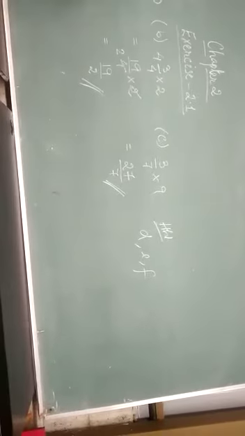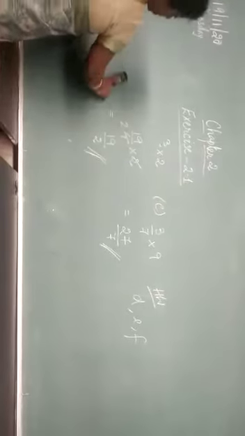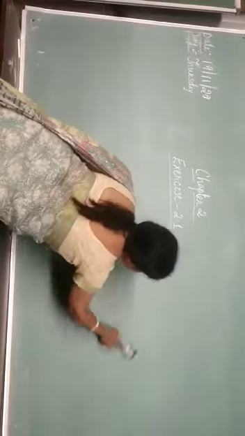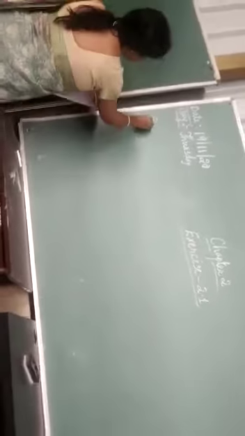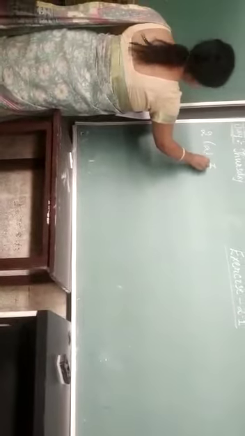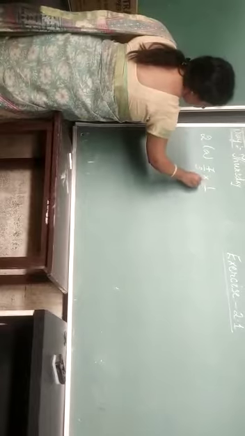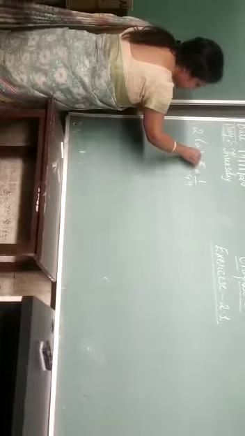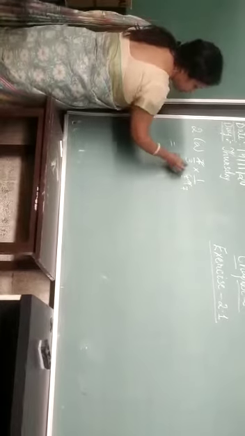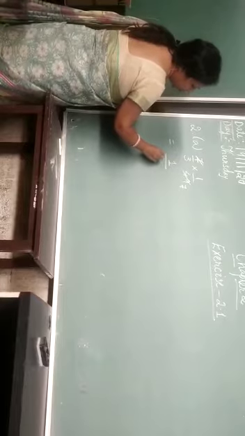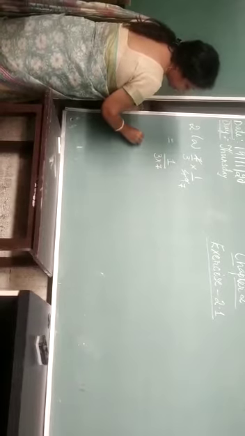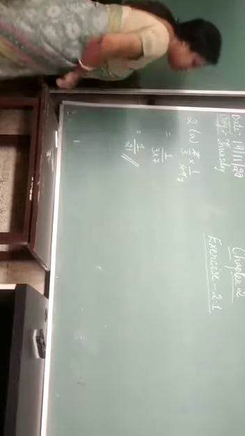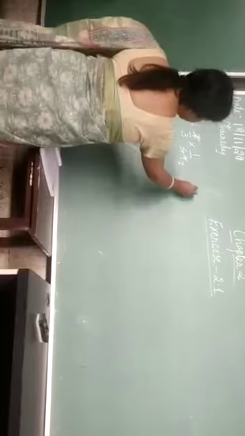Next we come to question number 2. What is given there in question number 2? Question number 2 is also the same. Find the product. So what is given? 7 by 3 into 1 by 49. Now we can simplify it. Simplify how? We can cancel 7: 7 7s are 49. So what is the remainder? Here it is 1 and below we have 3 into 7. So your answer is 1 by 3 7s are 21. This is your answer.